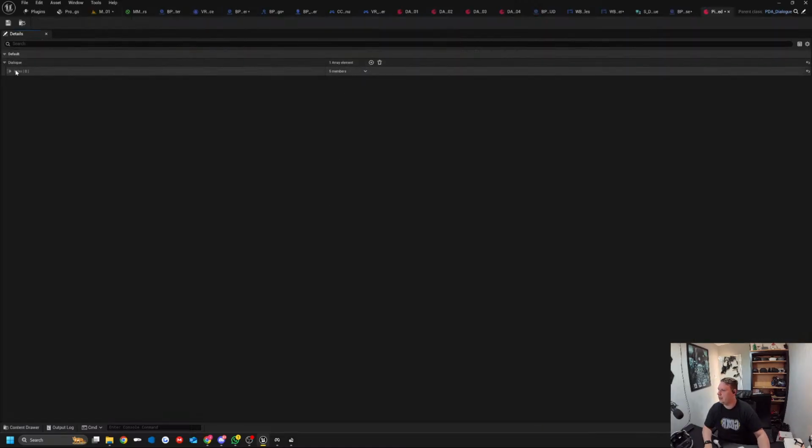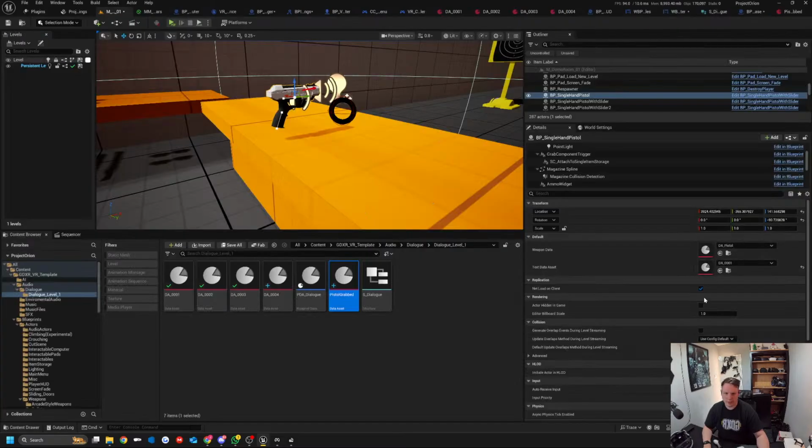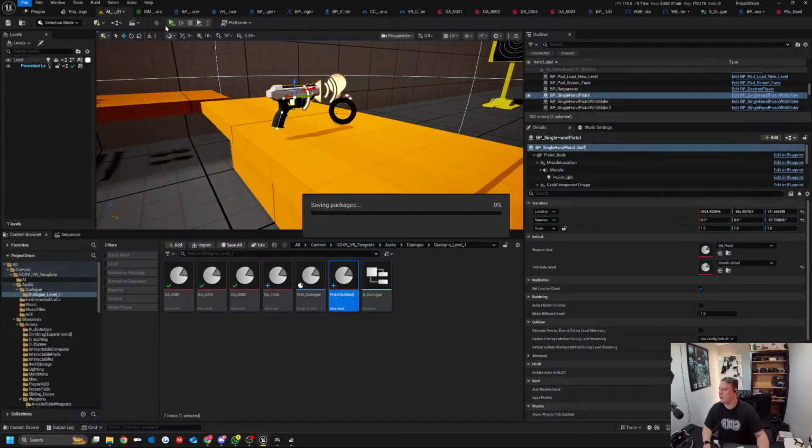I can say sweet, a pistol. I can have that on for 2 seconds. I could do it just changing that as a default anyway. We're not actually using that voice line complete anymore, which is cool. But I can drag this on and I could say, okay, the gun data asset is going to be pistol grabbed. So now when I go in there,